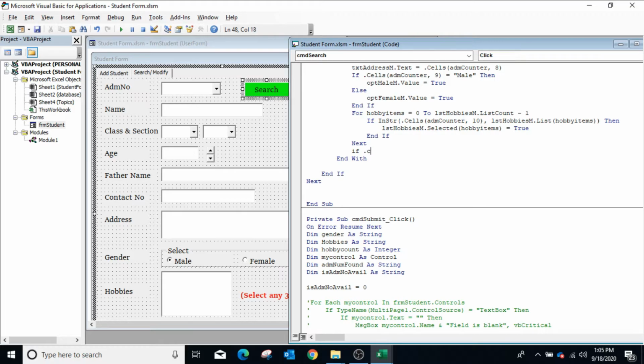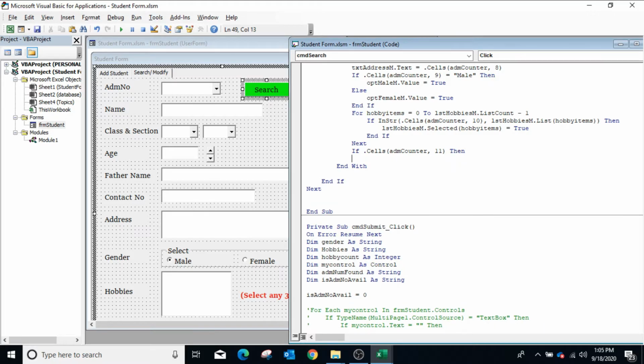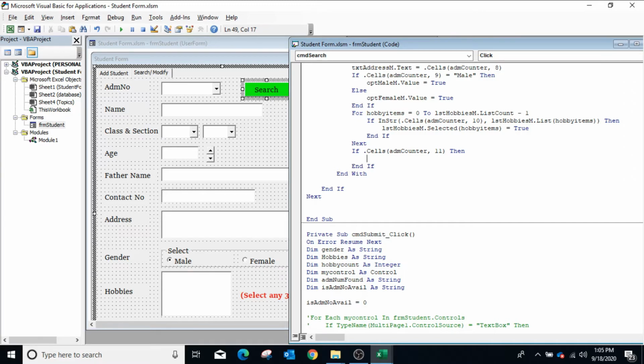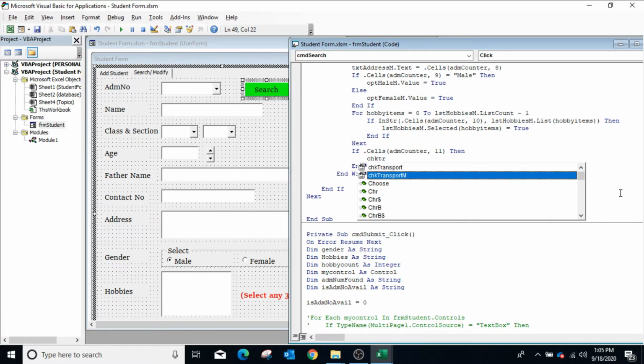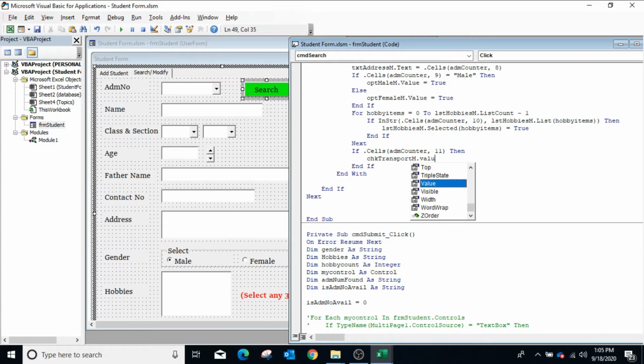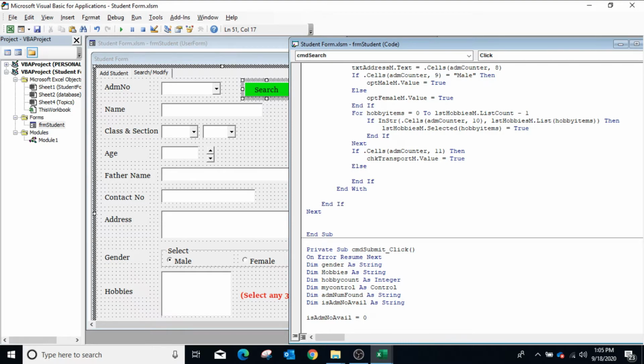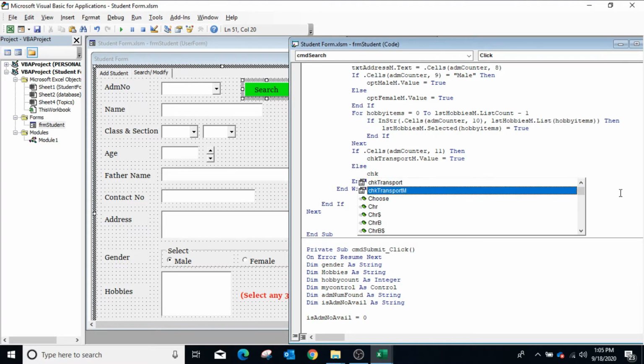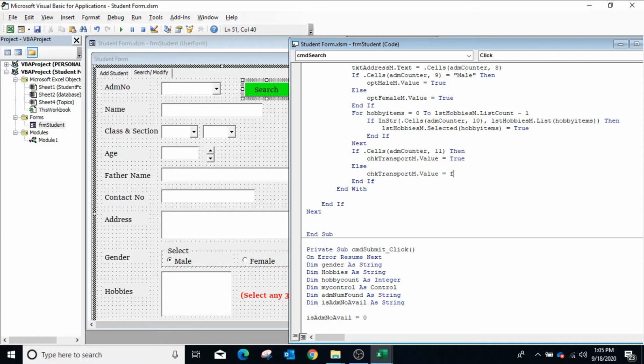So if dot cells ADM counter, comma 11, that means if the cell value contains true, then we have to show the checkbox selected. So chk transport m dot value equals to true, else chk transport m dot value is equal to false.